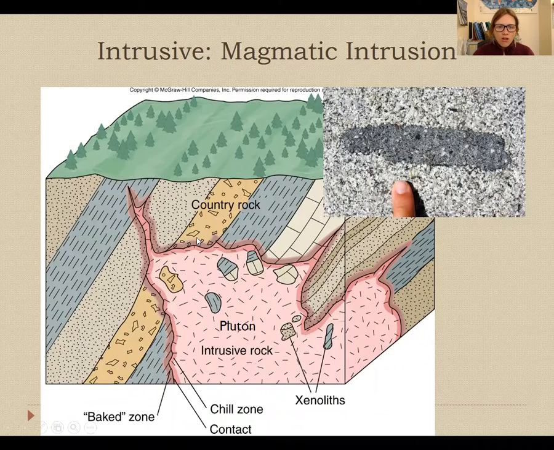Okay, so we call these rocks intrusions because they kind of intrude into older rock that existed around them, and we have a term called country rock that we use to refer to the older, different strata. That country rock can be all kinds of different rocks. It could be sedimentary rock, metamorphic rock, other igneous rock, and you can kind of see from this